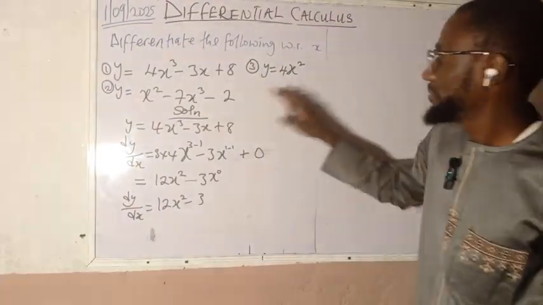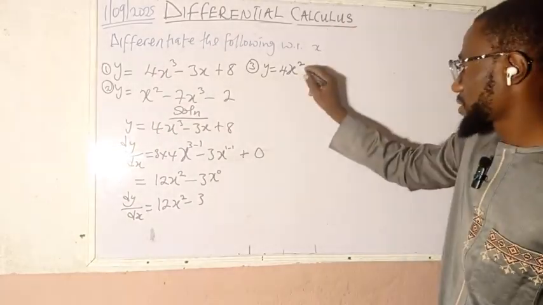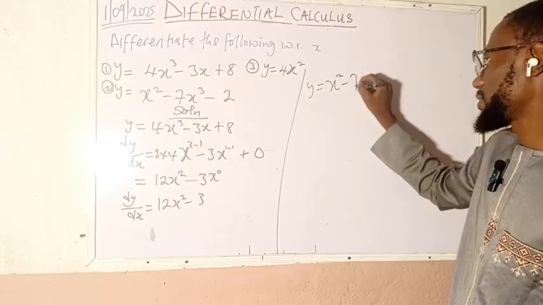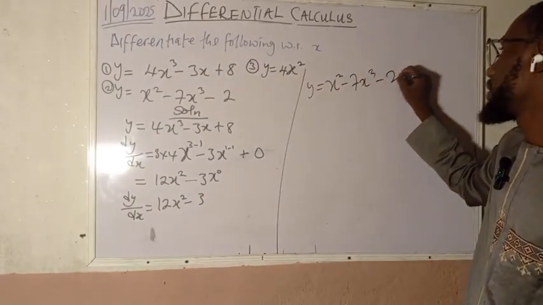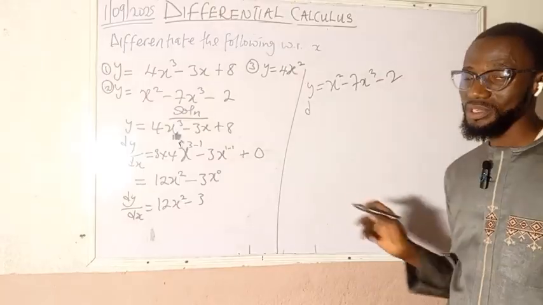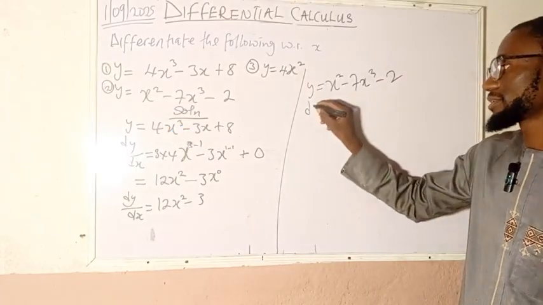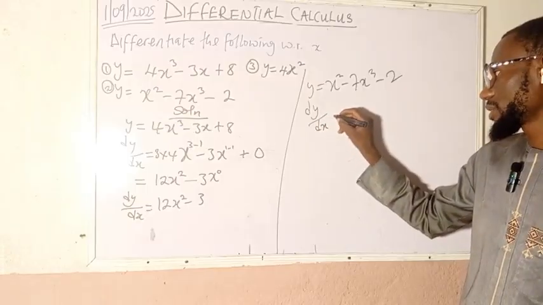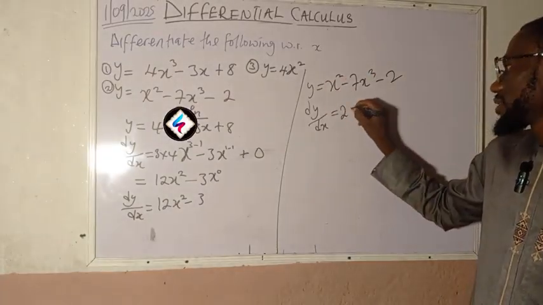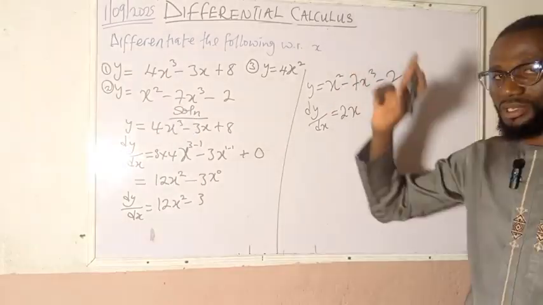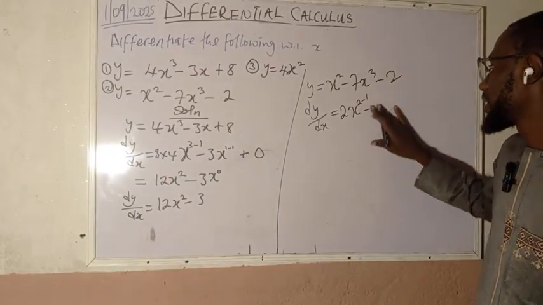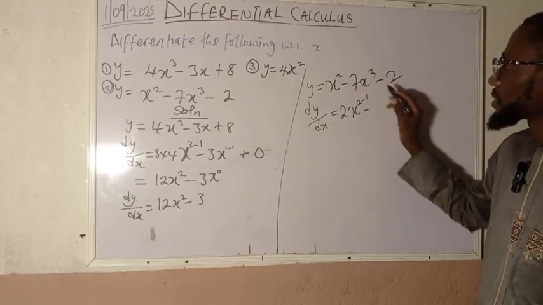Let's solve the next question. The next question says y is equal to x squared minus 7x cubed minus 2. Then we differentiate with respect to x. Therefore, dy over dx is equal to 2 multiplied by x, we have 2x, and we subtract 1 from the power, so 2 minus 1, minus 3 multiplied by 7,